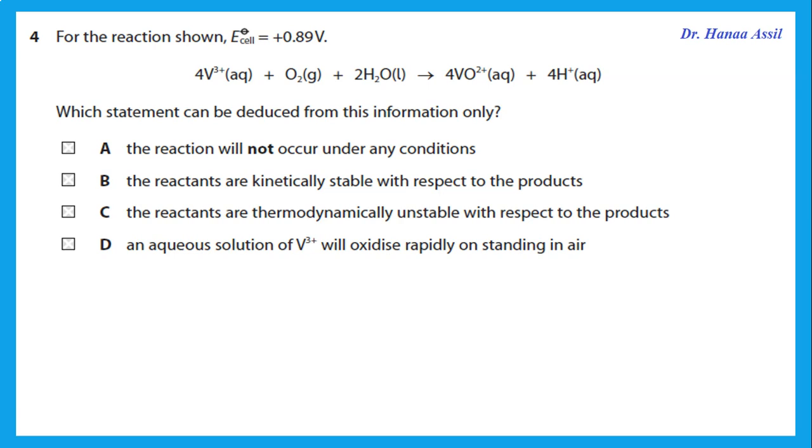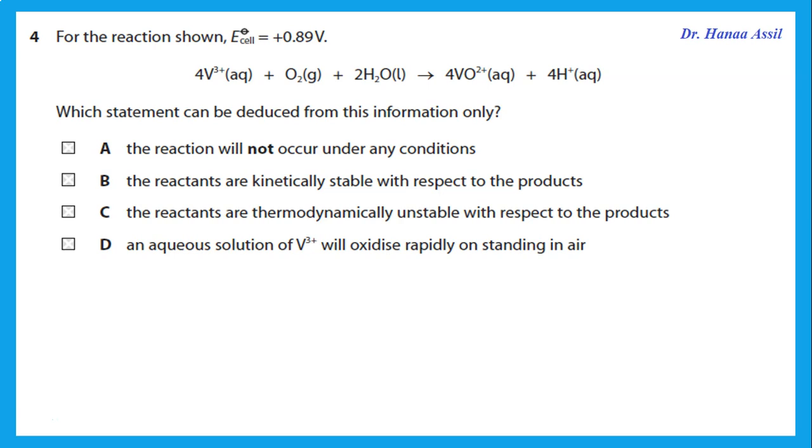Okay, for the reaction shown, E cell is positive. Which statement can be deduced from this information only? Well, of course, if the E cell is positive, first of all, the reaction would occur. So A, the reaction would not occur, is wrong. E cell positive, the reaction is feasible. Then, are the reactants kinetically stable with respect to the products? No, they would be unstable,